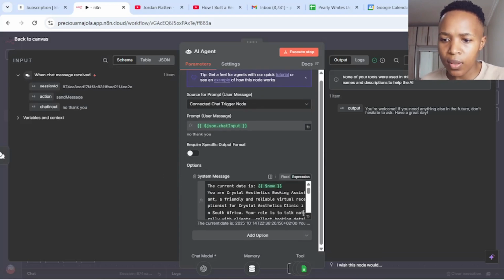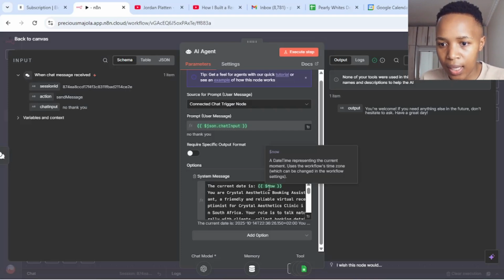So here on this system message, you just go to your ChatGPT, and then on ChatGPT you just write maybe a prompt saying you're creating an AI agent, maybe for a beauty spa or maybe for a dental clinic or whatever. Please write me a system message, and then you check after that, because you can see this one, the current time is that. This means that it's that exact time according to this